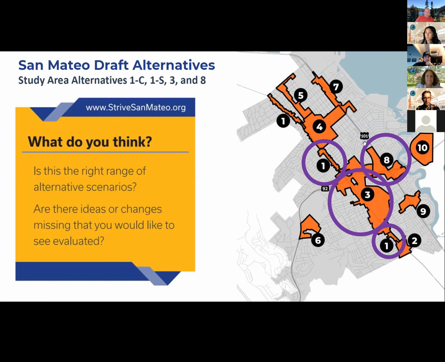We're also going to be talking about the 101-92 interchange and the surrounding areas, as well as study area 3, which is our largest study area. It includes the Hillsdale Caltrain Station, Hillsdale Mall, Borel Square Shopping Center, Bay Meadows, and then some of these new developments up here like Concar and Station Park Green. So that has generated a lot of opinions and comments thus far, but let's start with study area 8, and then we can jump into study area 3 once we've sort of gotten our feet wet with this particular layout and map.